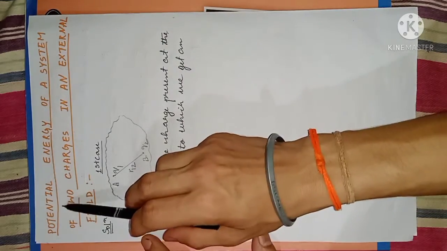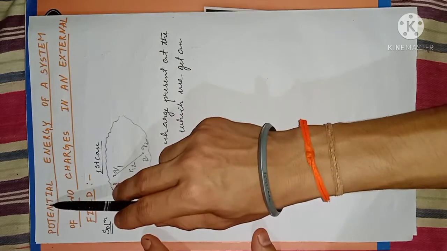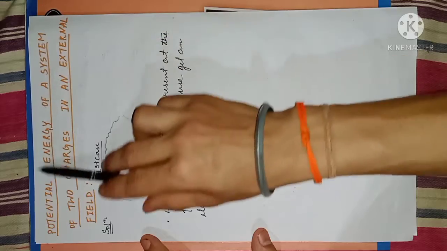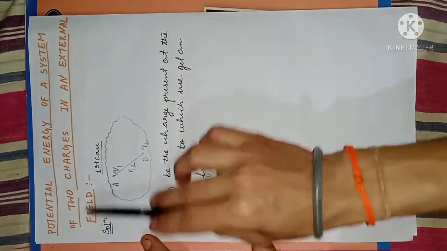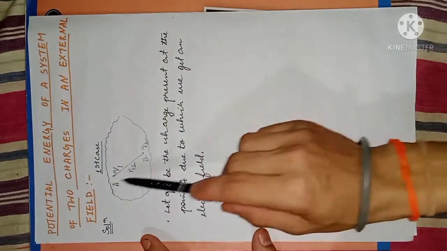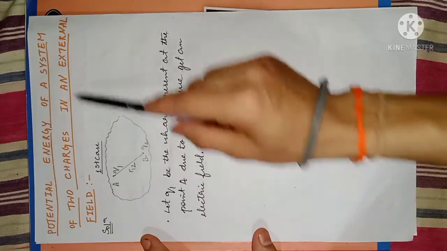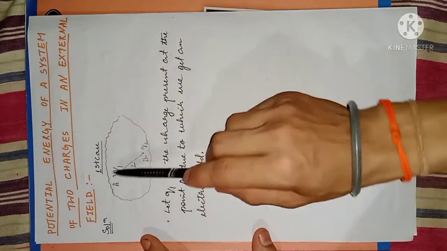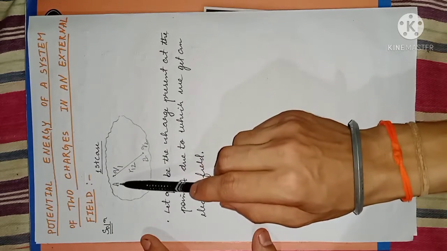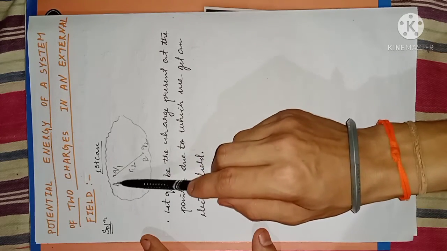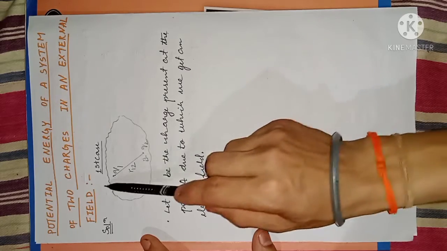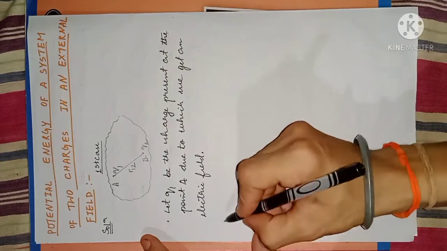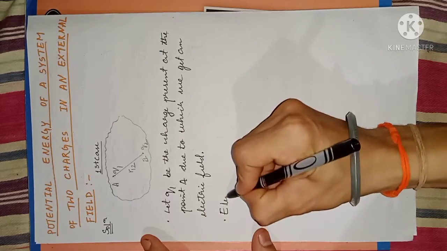Since our topic is to find the potential energy, which is denoted by U, we need to find the potential energy of a system of two charges, Q1 and Q2, in an external field. This is an external field of a rough surface. So in the first case, we have considered that Q1 is the charge at A and Q2 is the charge at B. The distance between them is R12. So we have written